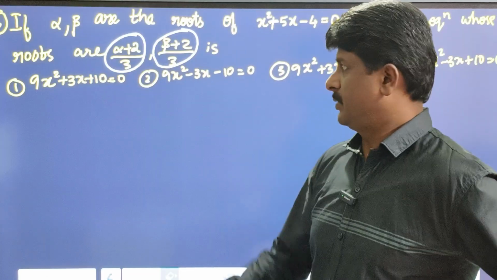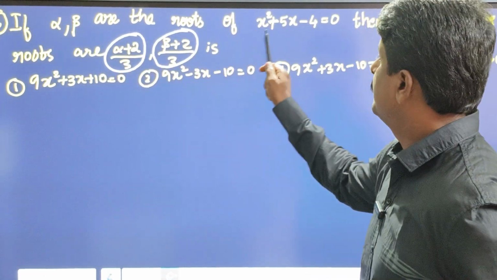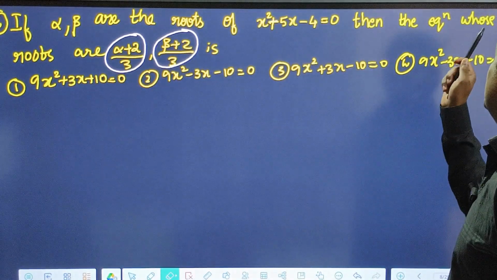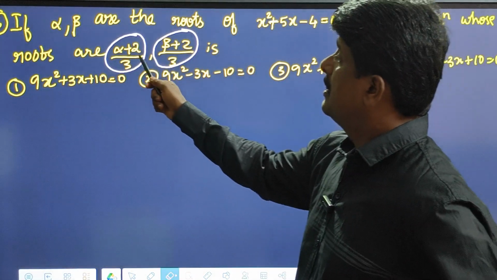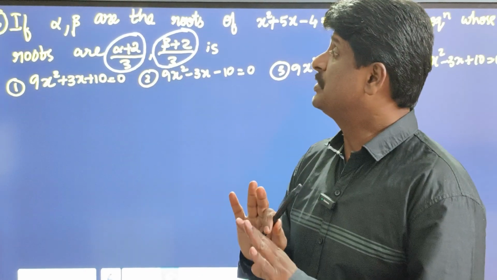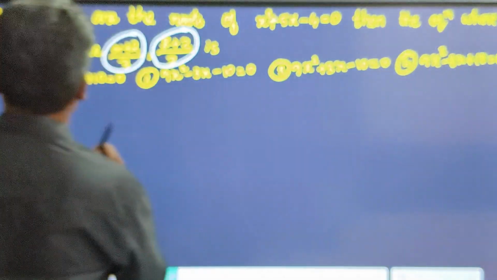Okay. See, question number 6. If alpha, beta are the roots of x square plus 5x minus 4 is equal to 0, then the equation whose roots are (alpha plus 2) by 3, (beta plus 2) by 3 is? No need to find any roots. Directly we can answer this question. That is